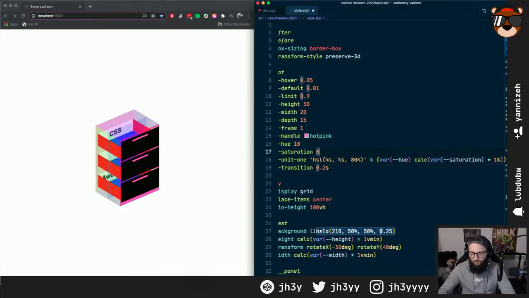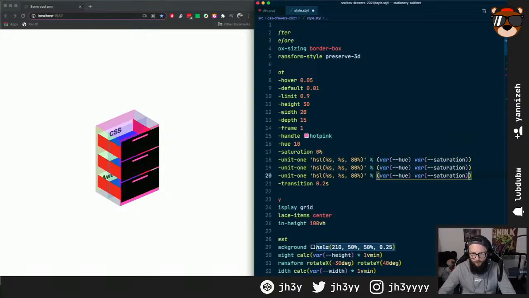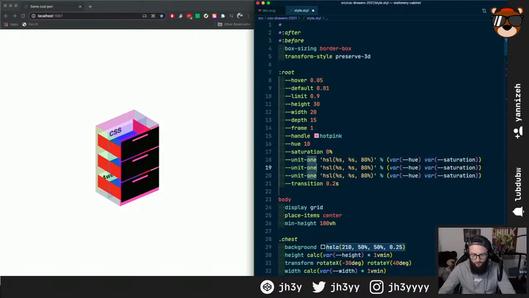I don't know why I do that, because technically it makes more sense to drop that like that, so let's do that. I think it's just habit of not using units. Cool, so that's unit 1, and then unit 2 will be a little bit darker,